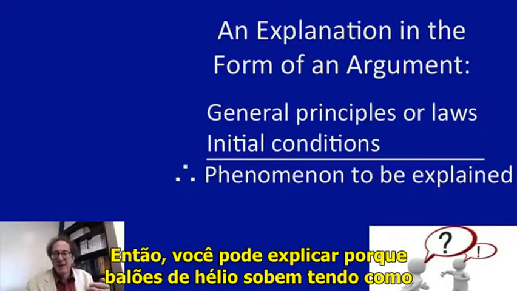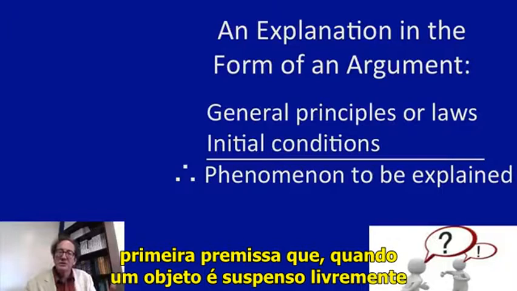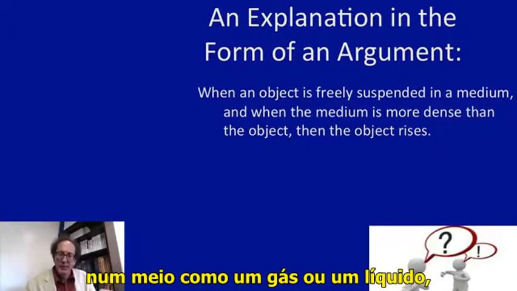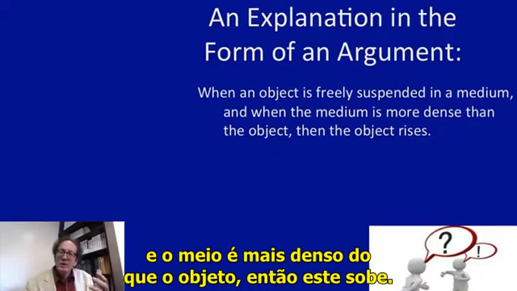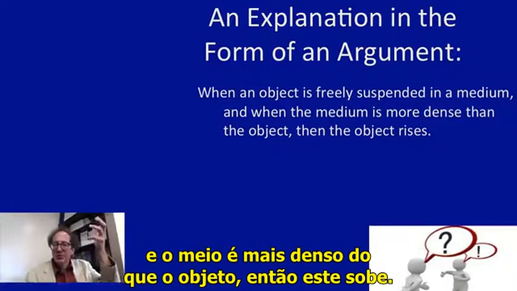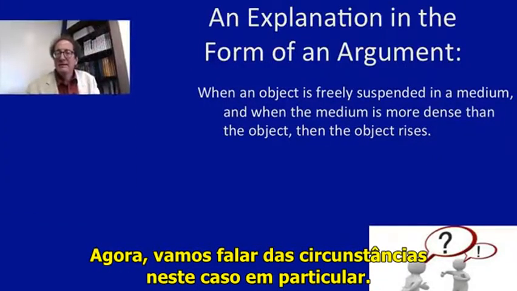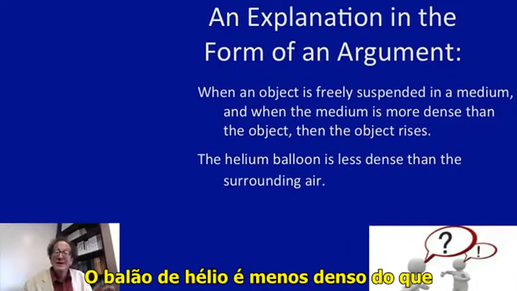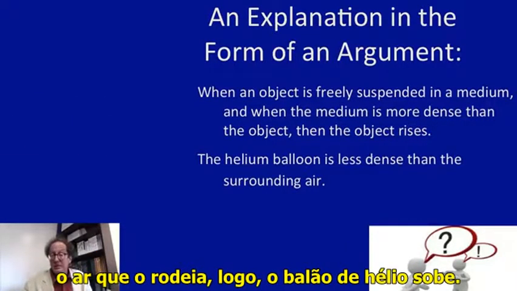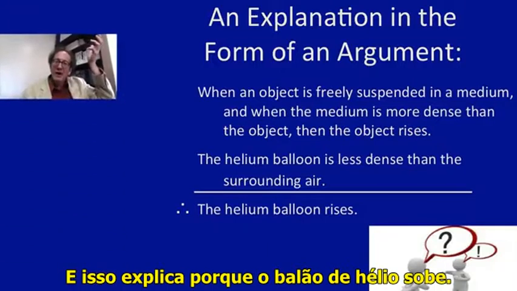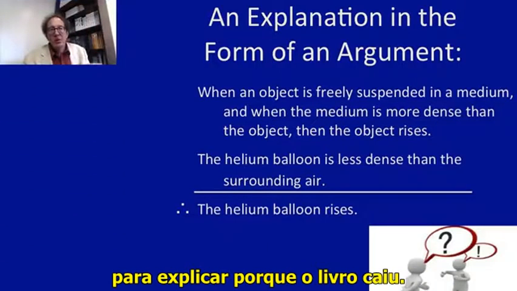So you can explain why helium balloons rise by having as your first premise, whenever an object is freely suspended in a medium, like a gas or a liquid, and the medium is more dense than the object, then the object rises. Now let's talk about the circumstances in this particular case. The helium balloon is less dense than the air that surrounds it. Therefore, the helium balloon rises. And that explains why the helium balloon rises,